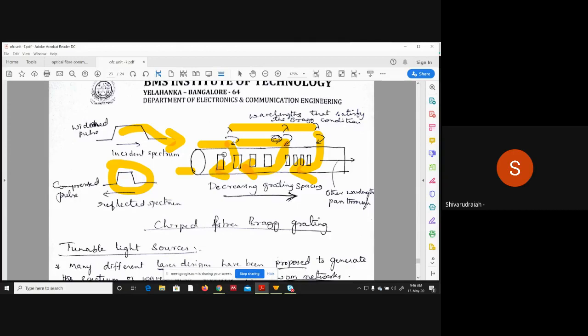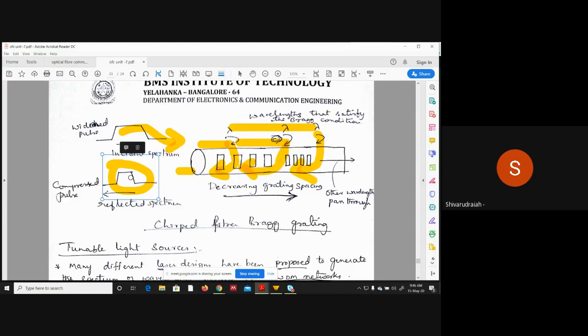The widened pulse, which is a contribution of three wavelength signals and has undergone pulse broadening, is incident on the input side of the chirped fiber grating structure, and individual wavelength signals start reflecting at different distances inside the grating structure. As they reflect at different distances, they arrive at the input side at different time instances. So the amount of pulse that has been broadened because of the dispersion is compensated by reflecting the wavelengths at different distances, so that they arrive at different time instances at the input point itself, the result of which is a compressed pulse like this.